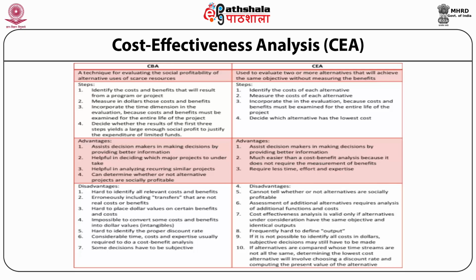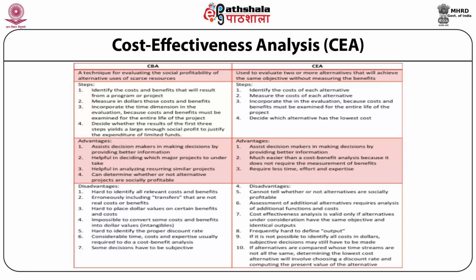That's why the time factor is important. The fourth step is to decide whether the result of the first three steps yields a large enough social profit, justifying the expenditure of the limited funds. So these are the steps involved under